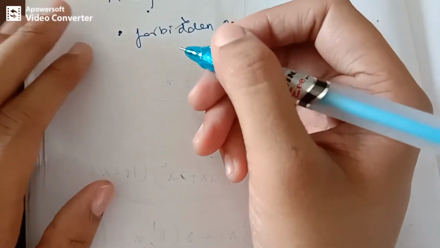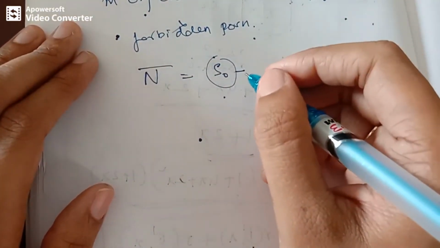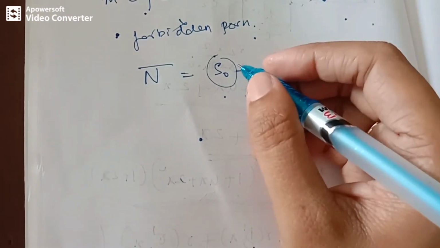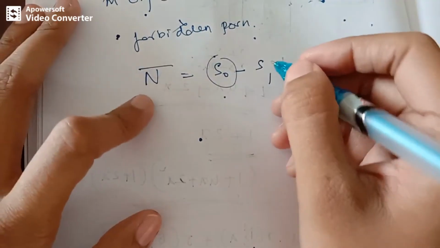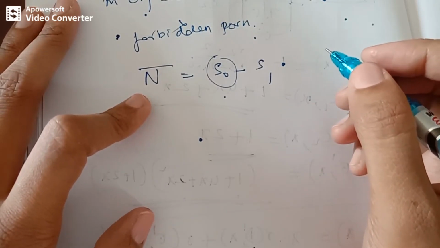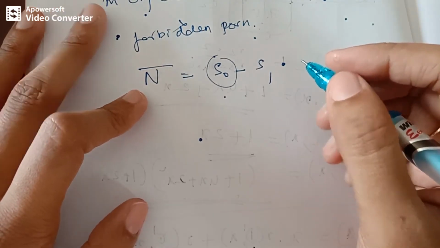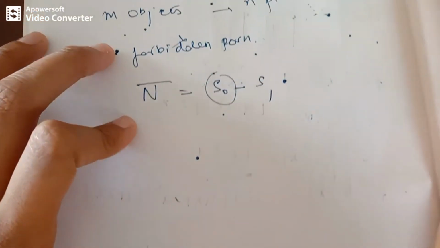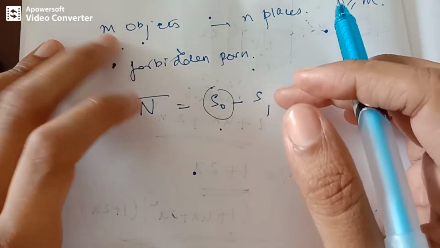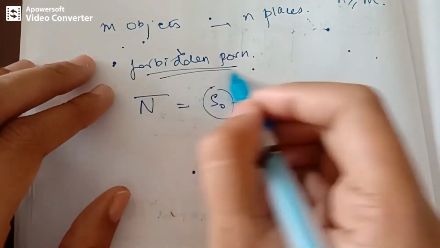And the number of ways of carrying out this task is given by n complement, which is nothing but s naught. So s naught represents the value of n, and we have a general formula for representing sk. So n complement represents the number of ways in which we can place some of the objects with certain constraints. That is, if we have got m objects and they are to be placed in n places, and if there is a restriction that some of the objects cannot be placed in certain places, such places are called forbidden positions.